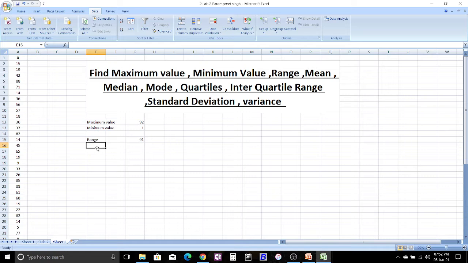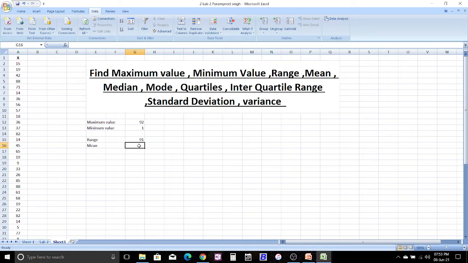Now the next we will calculate mean. It is also termed as average. Mean, it is the single value within the range of the data that is used to represent all the values in the series. The formula for the mean is quite known to you, that is summation x upon n.